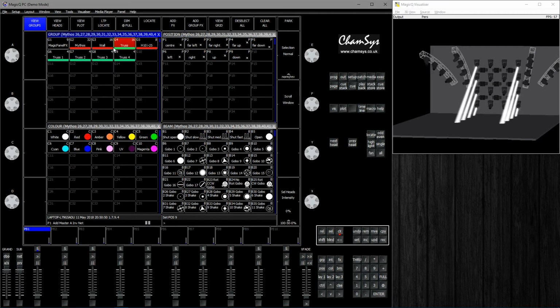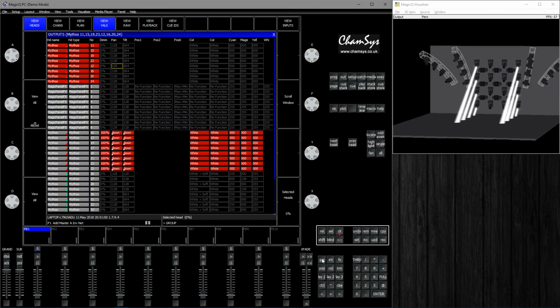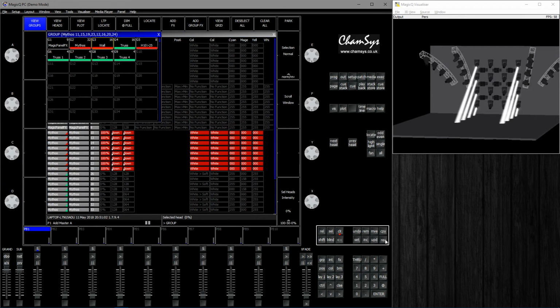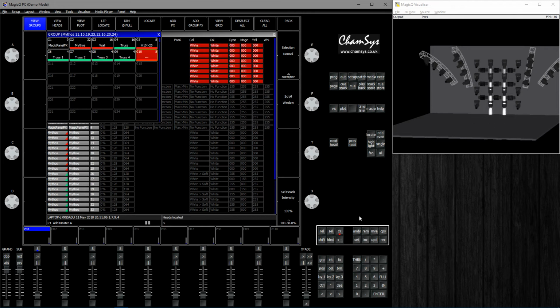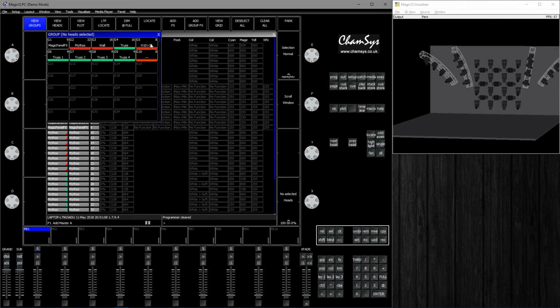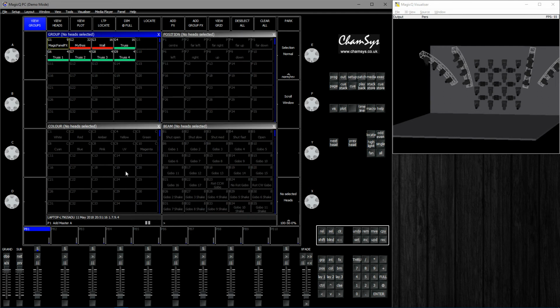Or else you could just go to the group based one and say select these ones, go back to the window and then record a group. Like that. Just gonna quickly remove those groups. If you go back to the group window,